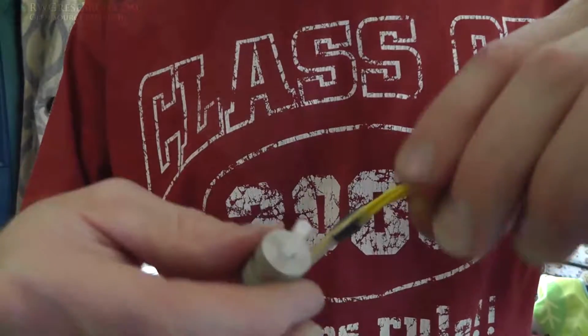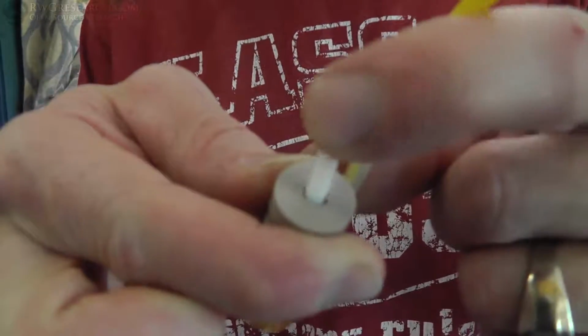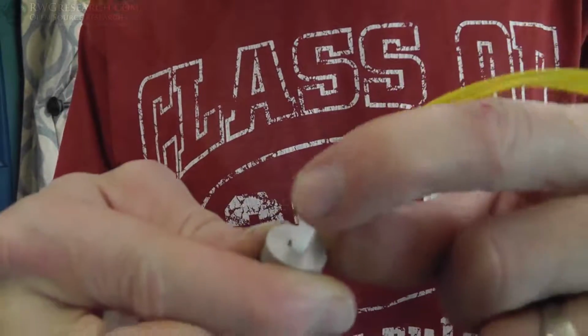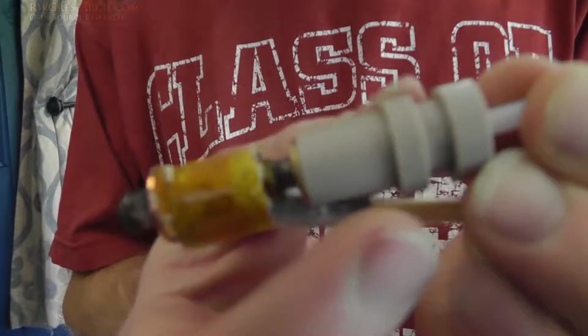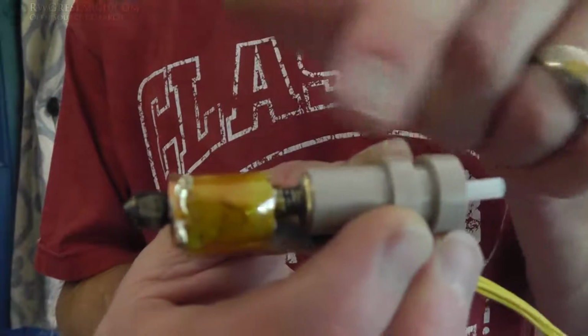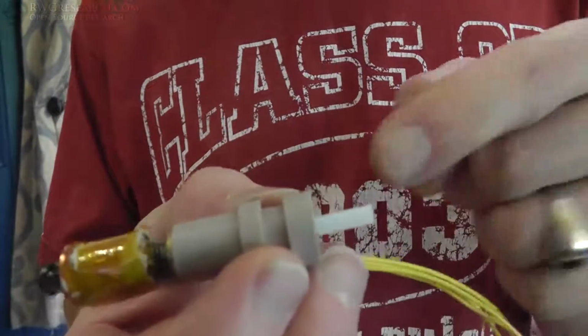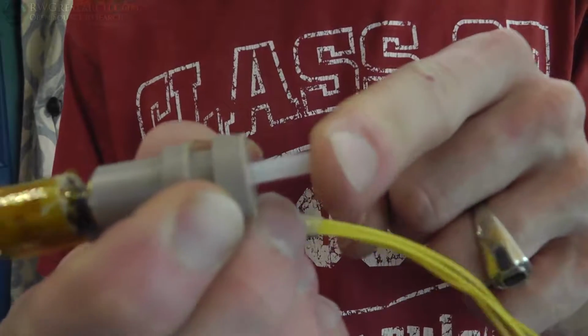Now there's one thing that I'm gonna fix before I go on, and that is, you see how there's some slop in here? That's because we drilled a 5mm hole for a 4mm tube. That's because we had to thread this with the proper size bolt. Now I could have not drilled all the way through, but actually I'm gonna make a little insert for this right here. This little bit of slop may not